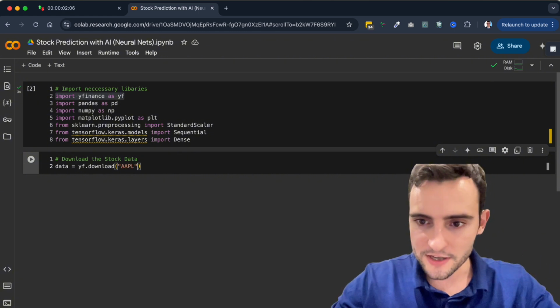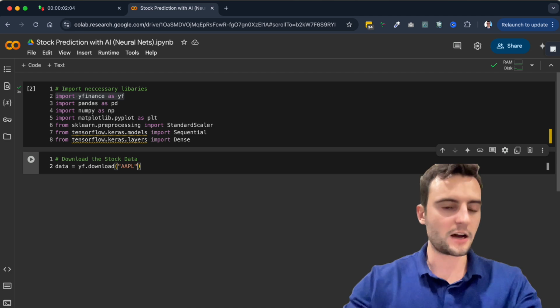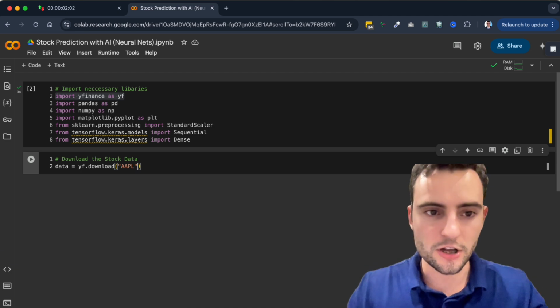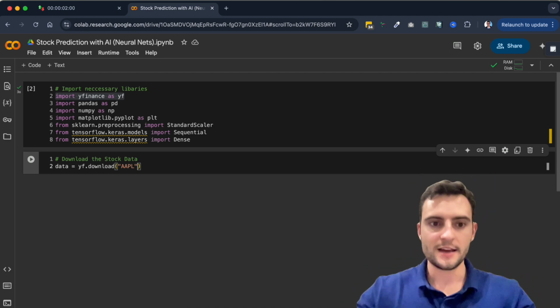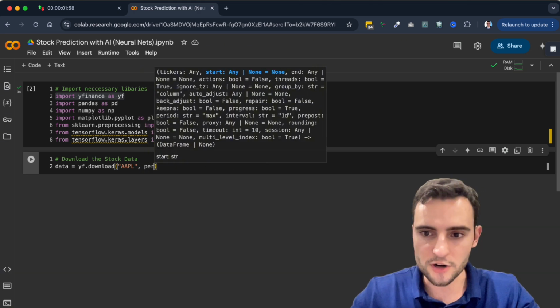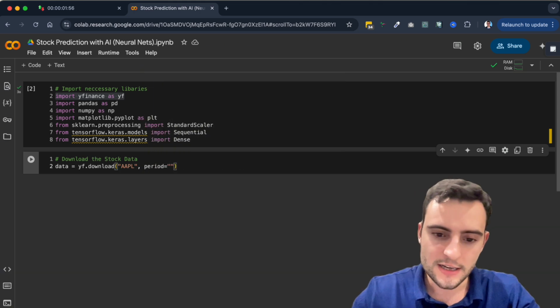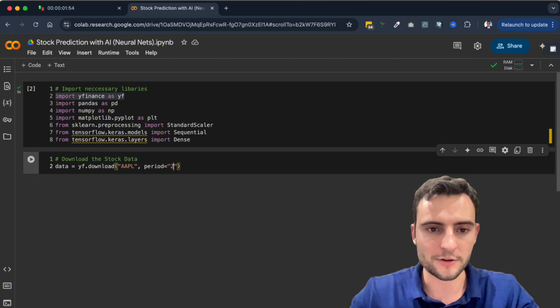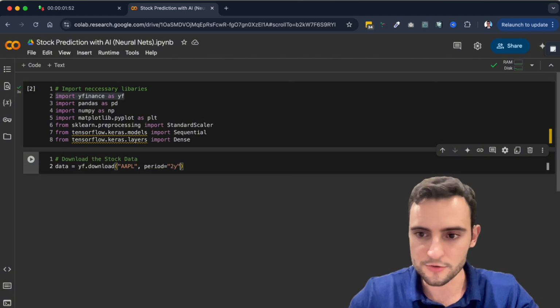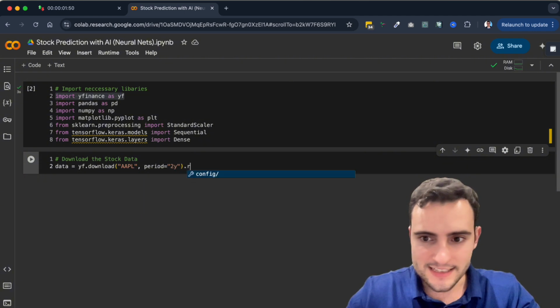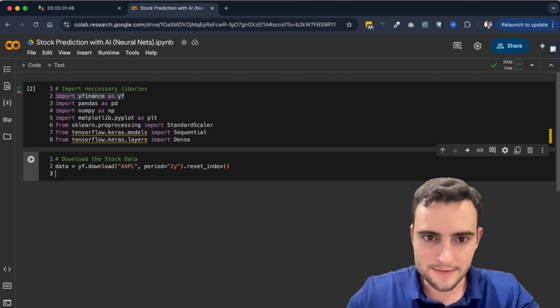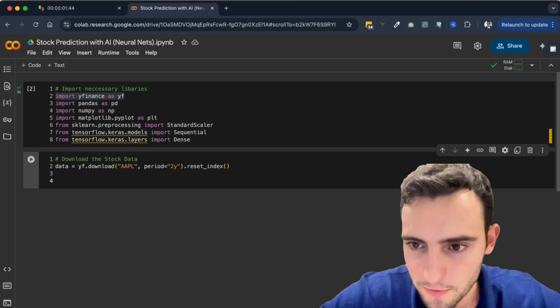So that will download the data for Apple, but under what time period, right? There's a lot of historic data for Apple. So we're going to do comma, period equals, quote marks, and we're going to write 2y, so 2 years. And last, we're going to do reset_index, and this just makes sure that we have this in the